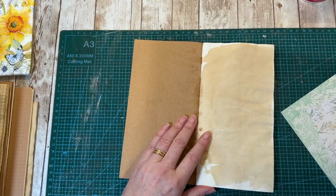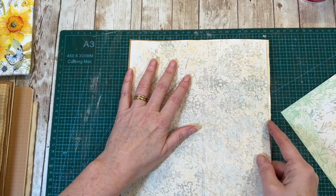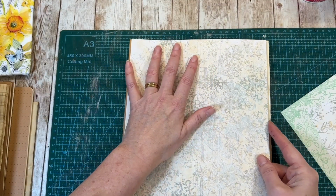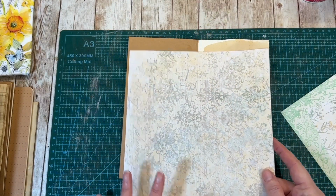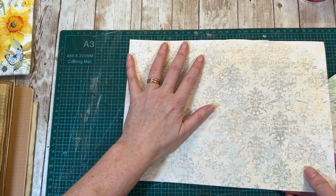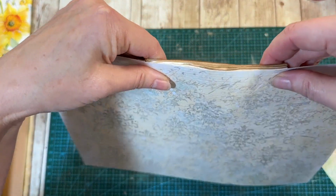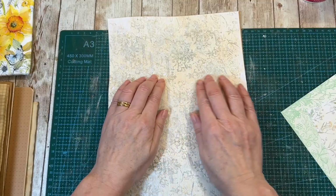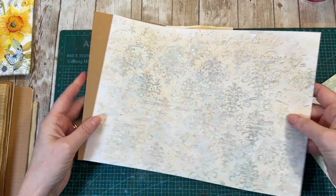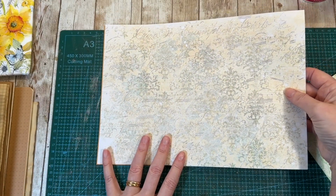If it didn't, then what I would probably do is I would put strips on either side or some washi or something, and then put a whole large strip in the middle and not be too bothered about it. But I think what I'll do is I will cover this completely. I'll just have to be careful when it's folded. That's the only downside of this. So let's